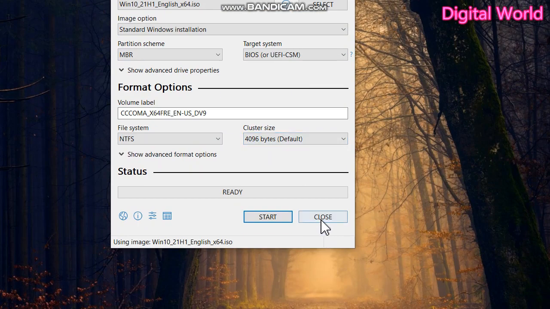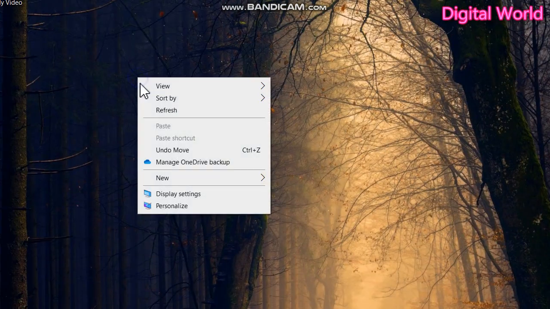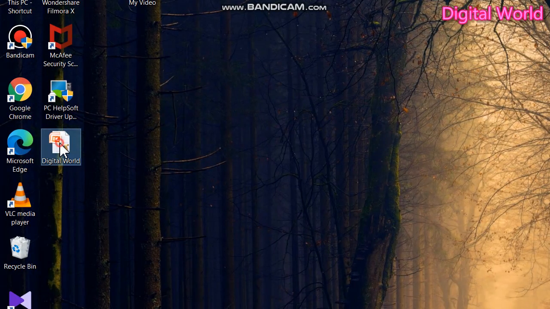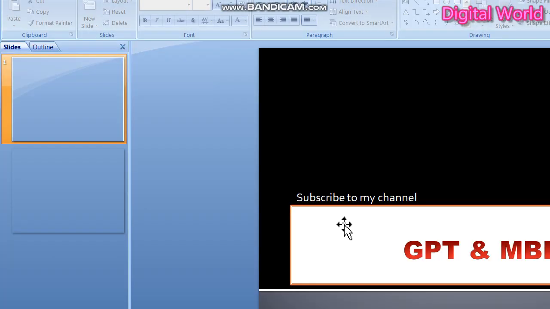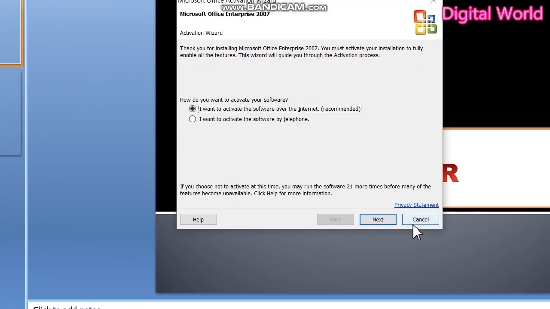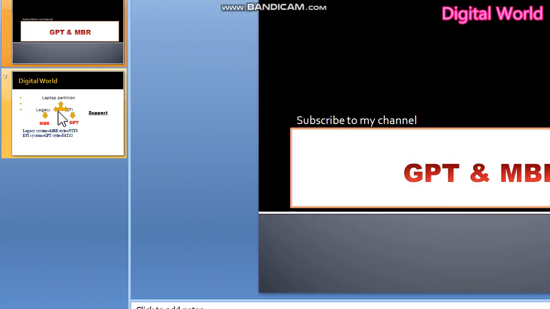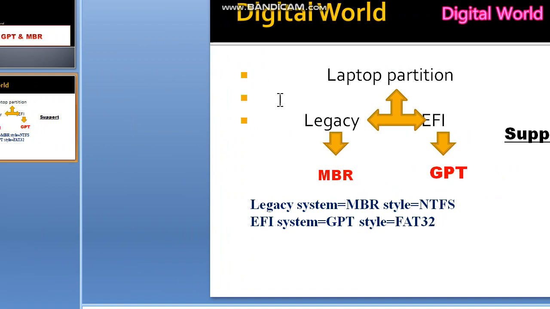Another thing we have to know, some small details regarding the GPT and MBR system. In our laptop or desktop system there are mainly two types, legacy and EFI system.